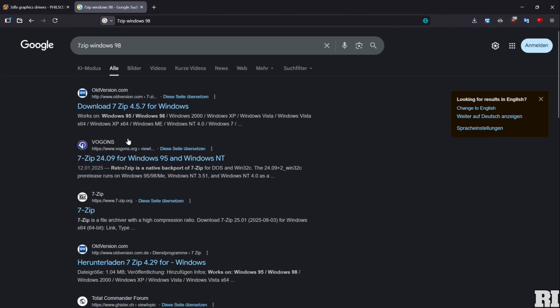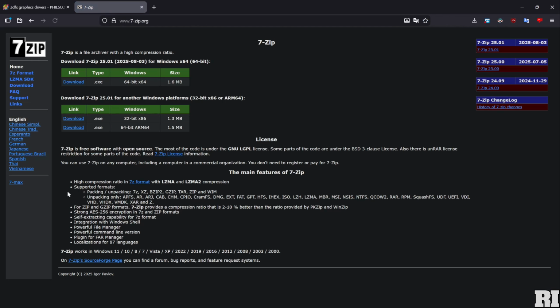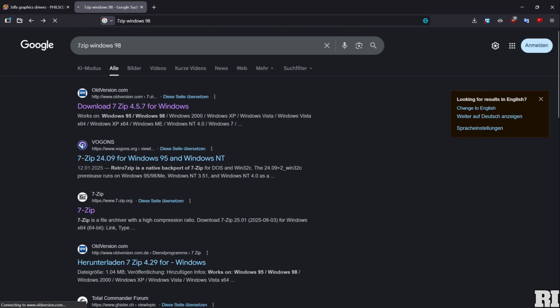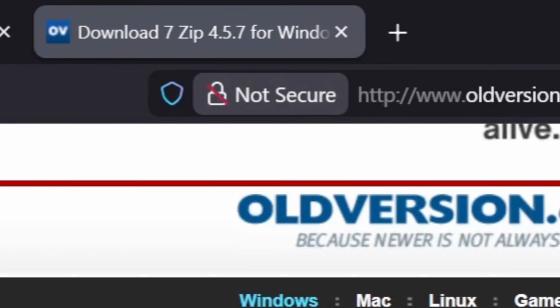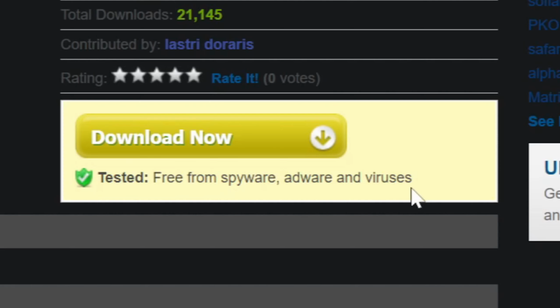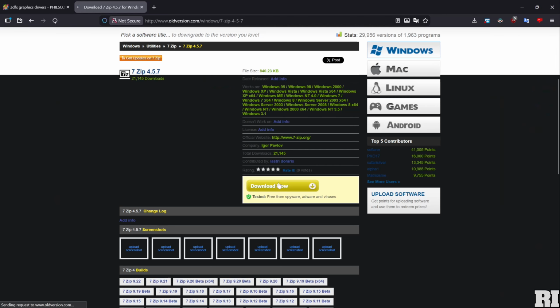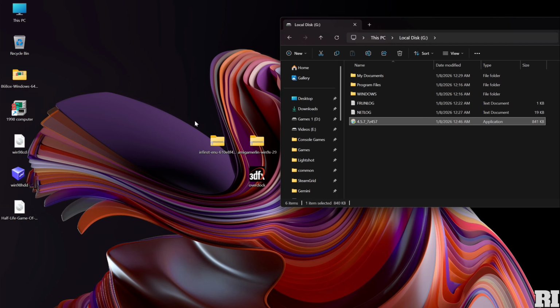Alright, what if I search for 7-Zip Windows 98? Does it exist for Windows 98? Oldversion.com. I'm sure this isn't gonna be a virus. Not secure. Oh, amazing. Tested. Free from spyware, adware, and viruses. Yeah, I believe that. Alright, so I got 7-Zip here, and now we're gonna take these 3 and place them